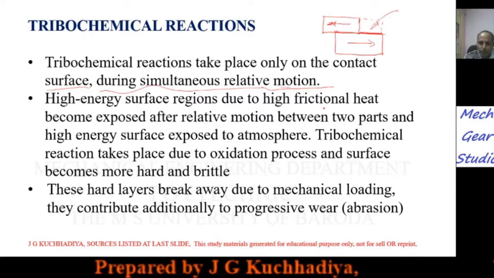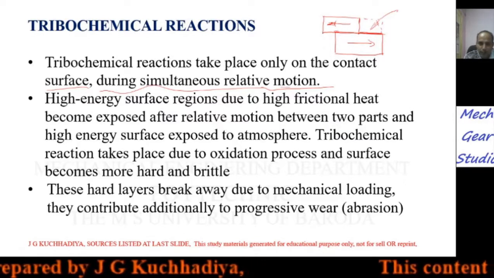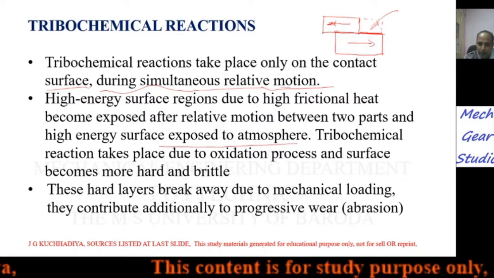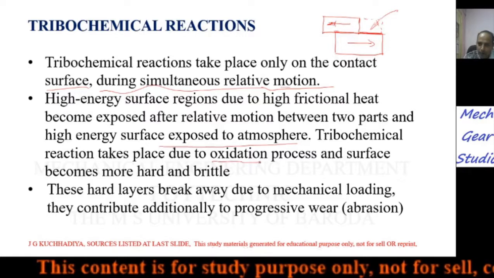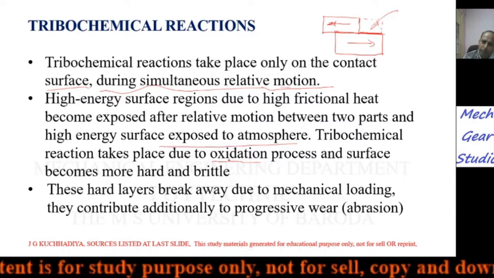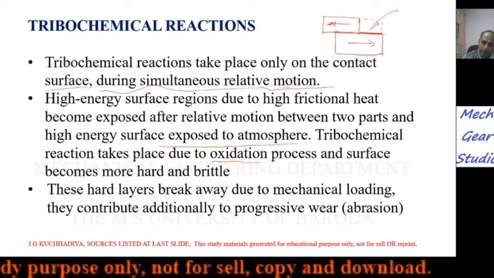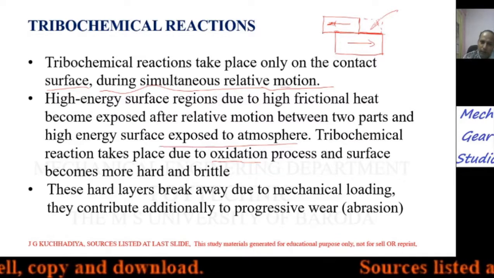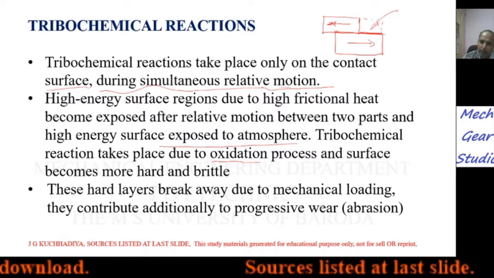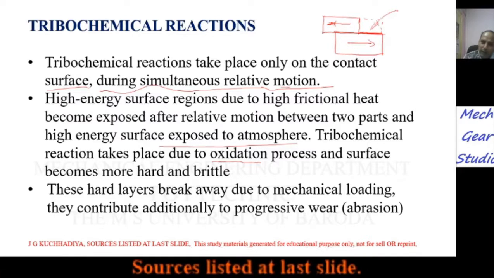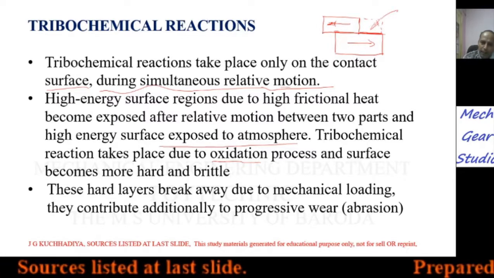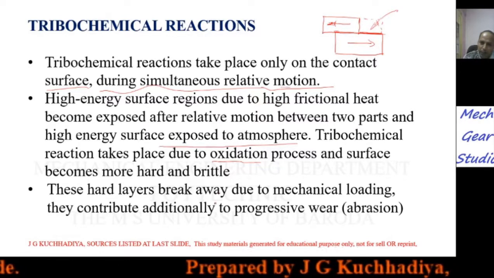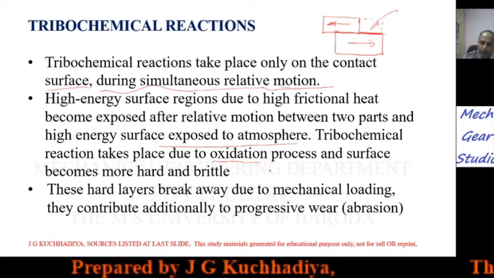So what happened? The surface exposed to the atmosphere undergoes tribochemical reaction due to oxidation. Some materials have a property of creating oxide. Some materials are produced from an original or parent material that is an oxide, and by refining we have produced pure metal. That material has higher affinity or reactivity with oxygen and creates oxide at elevated temperature.